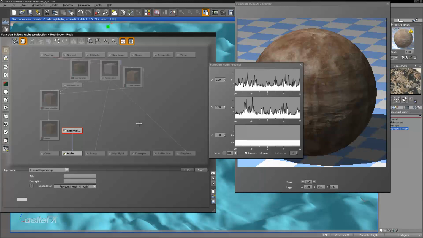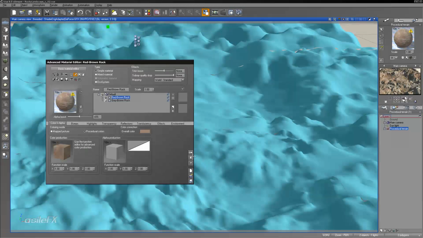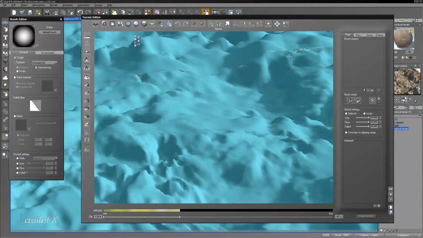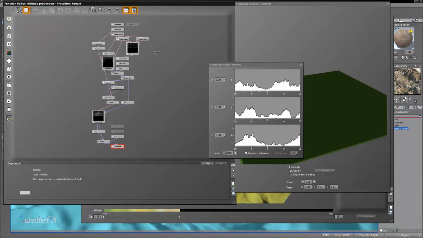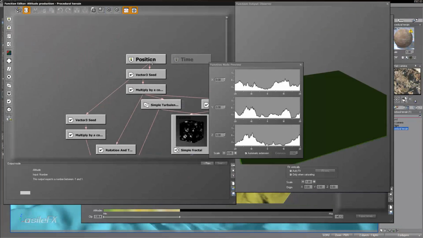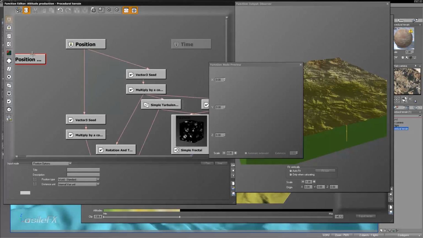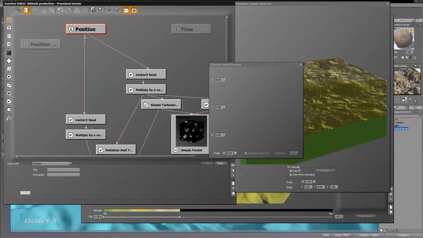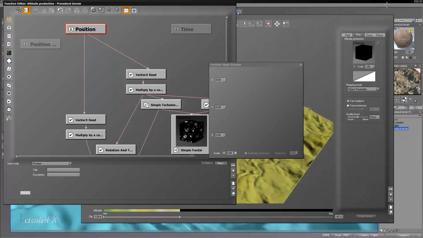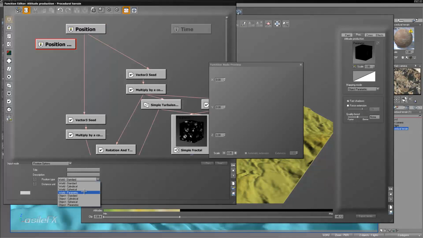Now, if you want to actually use the three-dimensional output, what you can do is edit the object, go into the procedural terrain, and basically just replace the default position input by adding an input node, position, options, and using the same option. So this is set within the terrain editor. We'll see the mapping mode is object parametric. So that is the mapping mode of this position input. So we can change this to object parametric, switch these over,